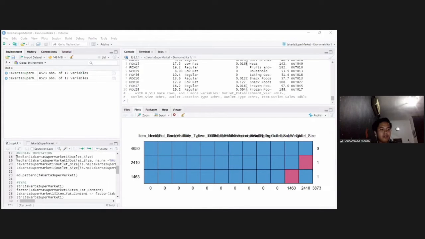Next, we look for missing values in the outlet size variable by using the median because the data type is character. First, let's try whether the median for the outlet size variable already exists.